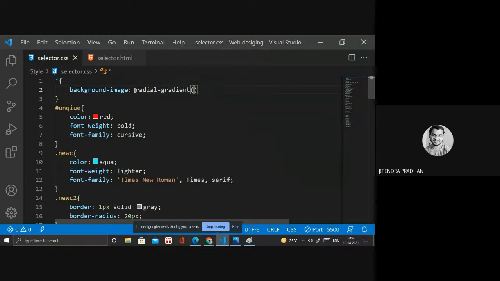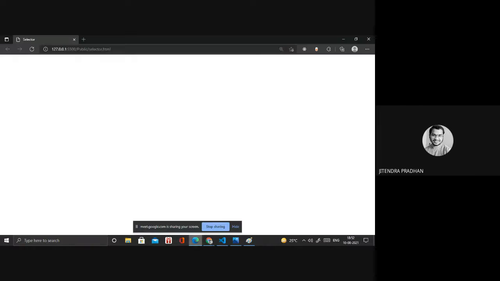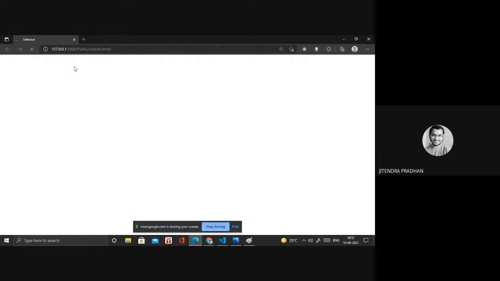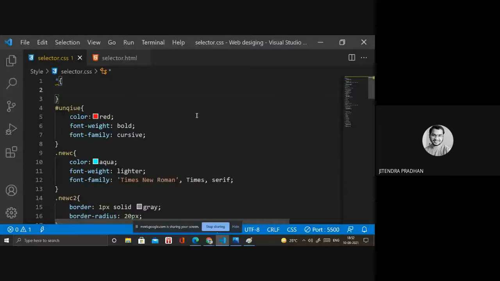Radial gradient, inside that if I write 60 degree, red, green. In that I need semicolon. Sorry, it's not applying. If I remove that one, will that particular content show or not? What is happening in that? It's not showing the content also.